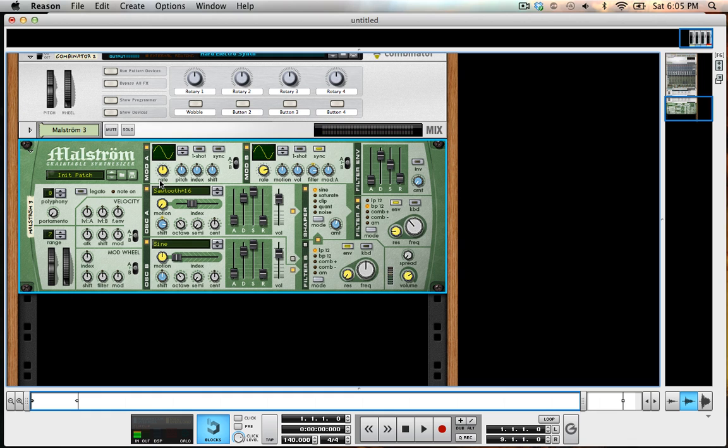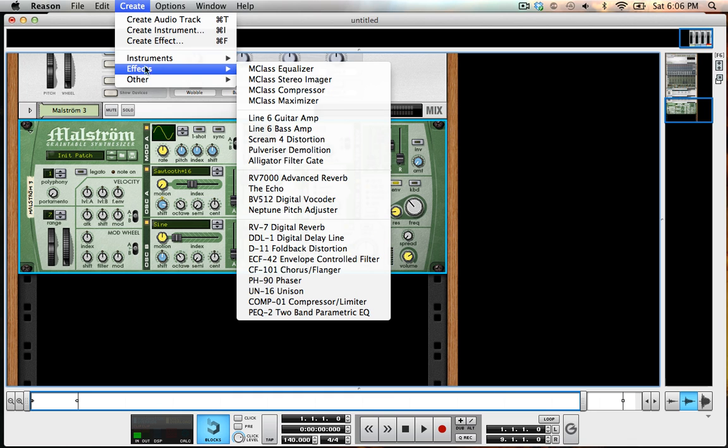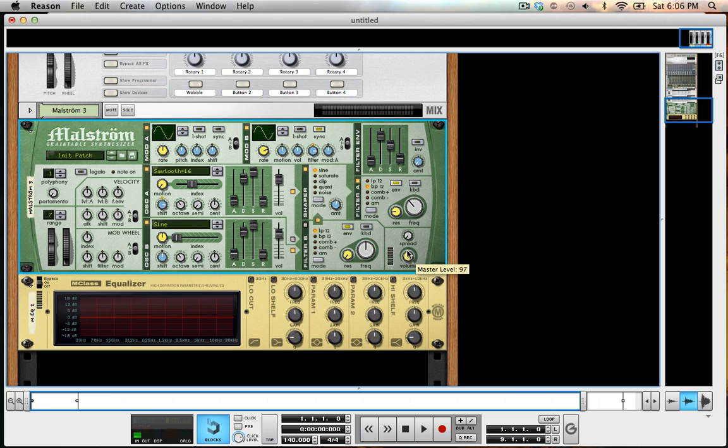And that's pretty much it for the synth. The only other thing that we really want to do is bring down this polyphony, so only one note will play at a time. And then finally we're just going to do some simple EQing and boosting of the levels. So I'll boost this volume a little bit right now. We're going to turn on the low shelf, boost it up a little bit, and turn on the high shelf, boost it up a little bit. So now we have